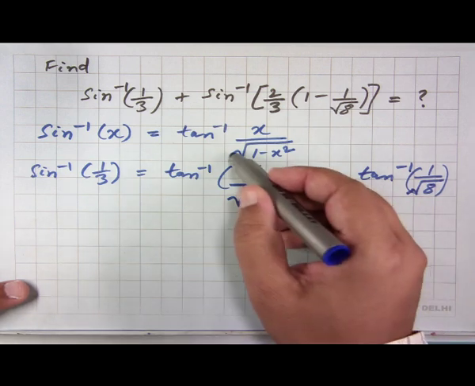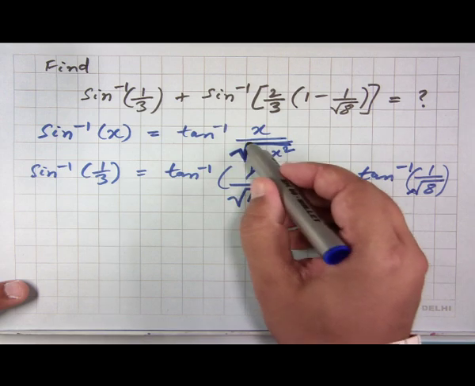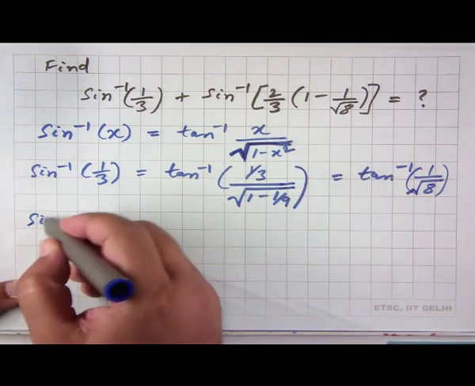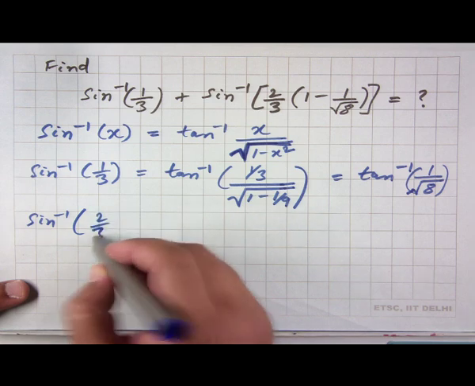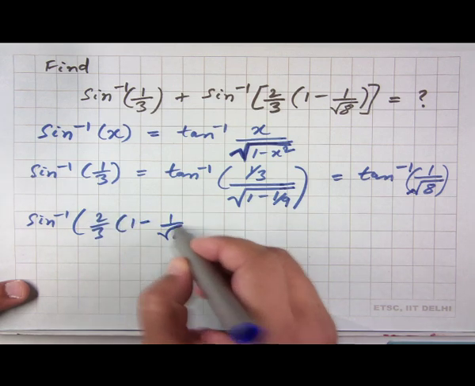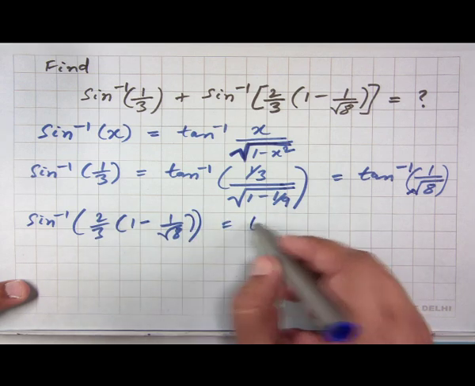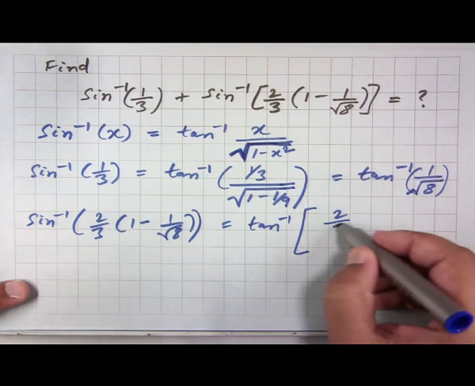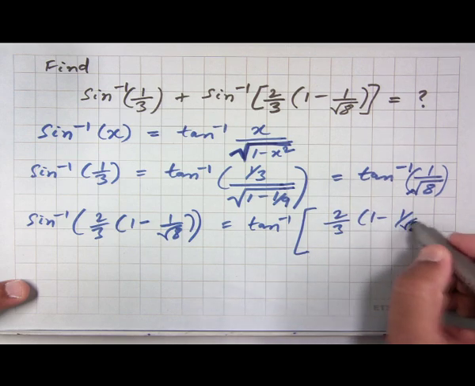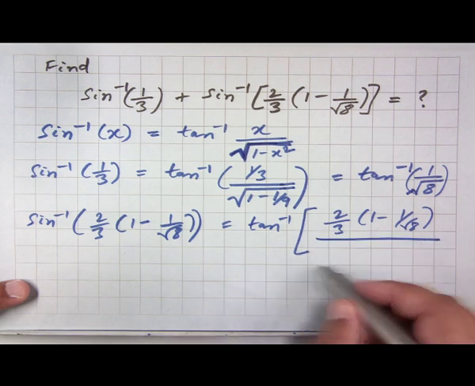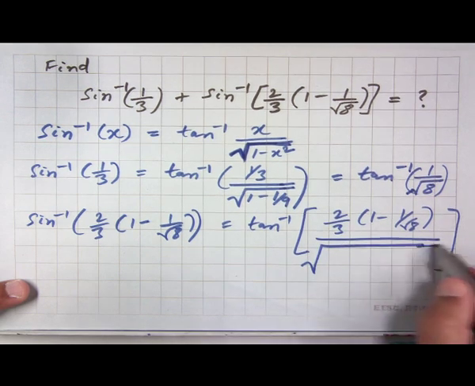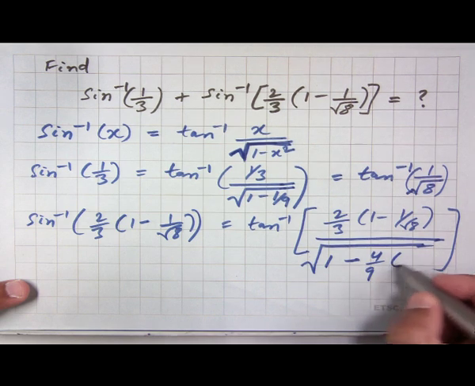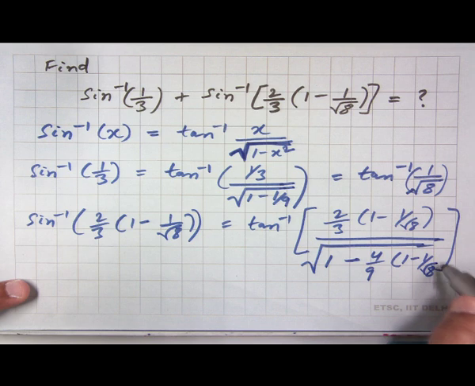If we go back, you recollect that we had taken the positive square root here. And similarly, for the other term also, we can write that sine inverse of 2 by 3 times 1 minus 1 over square root of 8 equals tan inverse of, so this is x, 2 by 3 times 1 minus 1 over square root of 8 divided by the positive square root of 1 minus the square of this thing, which will be 4 by 9 times 1 minus 1 by square root of 8 whole square,